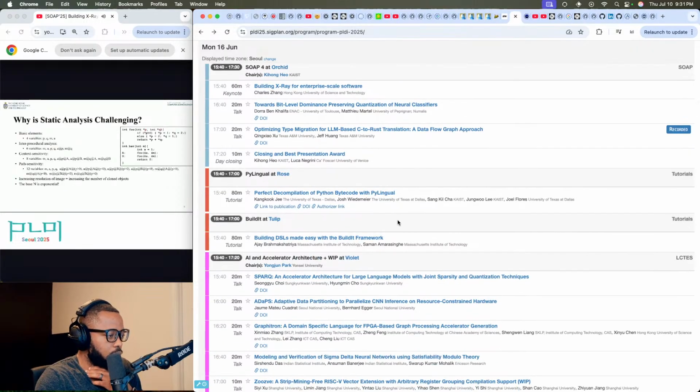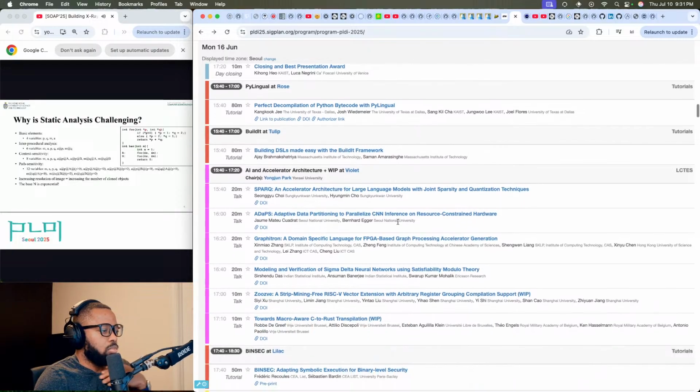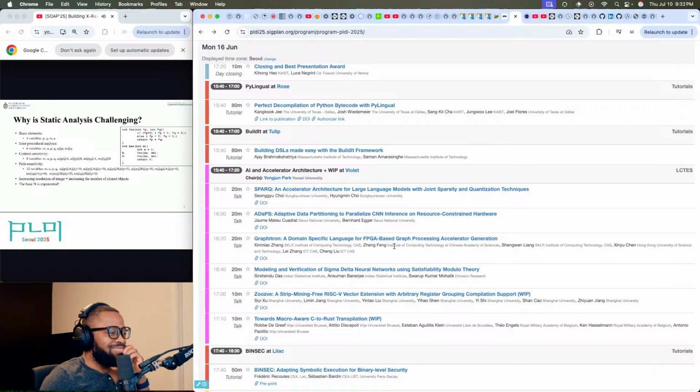So does that really mean that for researchers in static analysis, we are really not that smart? Or we are really not working hard enough? The answer is, of course, I can only say for myself. Yes, I'm working hard enough, very hard. I think I'm smart. But I think the reason is that static analysis is really, really challenging.